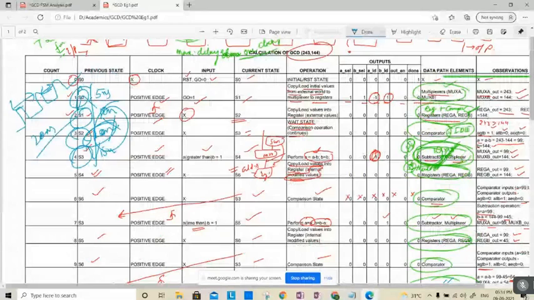Always, multiplication, divisions ఎప్పుడైతే ఉంటాయో